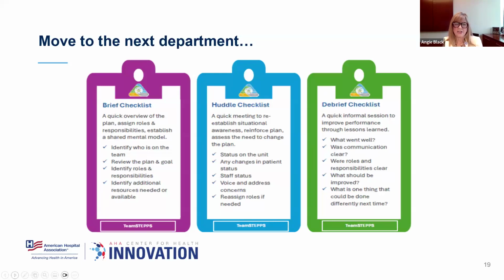We've included the components of a shared mental model and key communication tools such as SBAR, the 2-challenge rule, and CUS. This content was based on feedback from their leadership team, the physicians, focus groups with the staff, and their employee engagement results. We are also doing a quality improvement project looking at the impact TeamSTEPPS has on burnout and